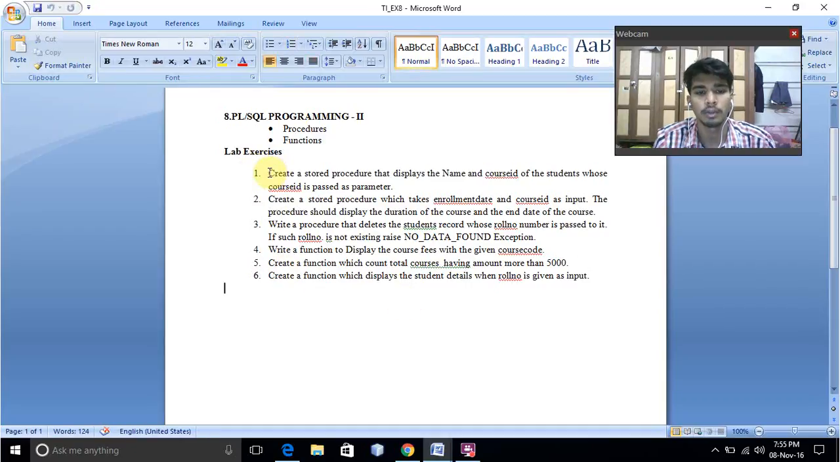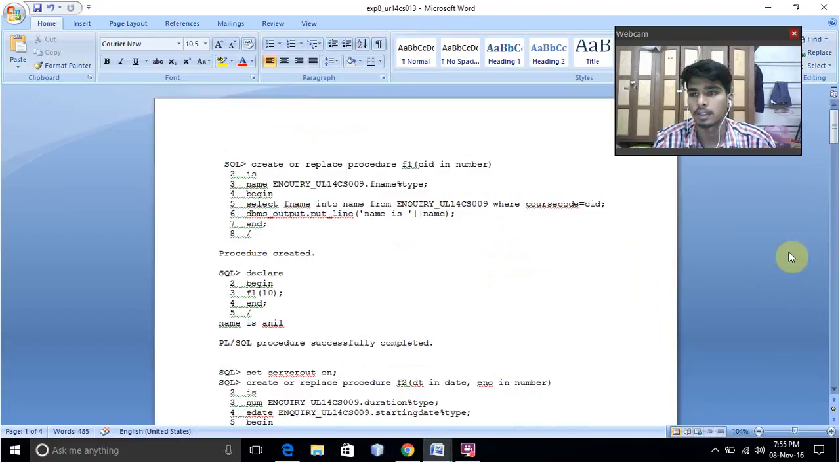First question here, we need to create a stored procedure that displays the name and course ID of the students whose course ID is passed as a parameter. Here, this is a spool file which I have created. For creating a procedure, this is the syntax: create or replace function procedure name. I am giving it as F1, and CID means course ID, which we are giving as a number, and here the declaration will start: name, that means table name, which I have given as inquiry underscore UL14 CS9, and